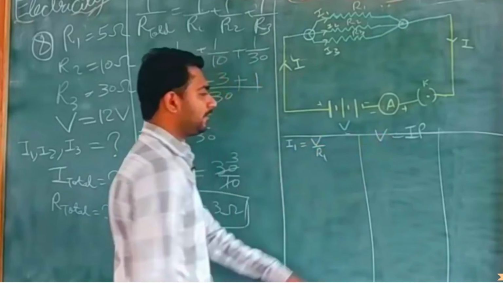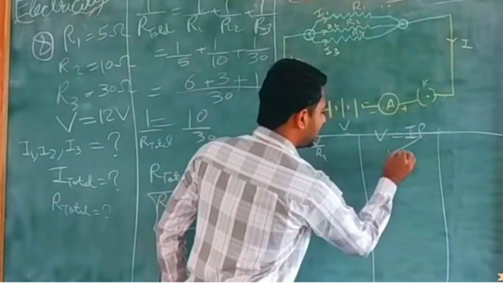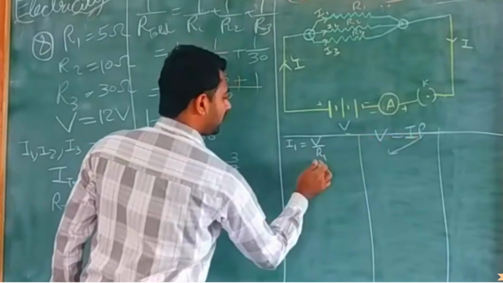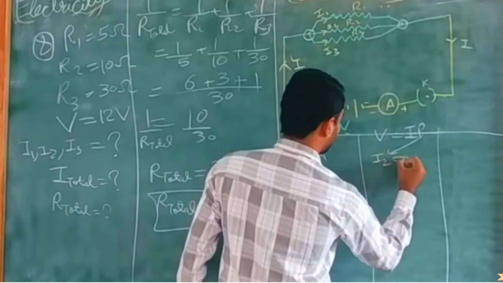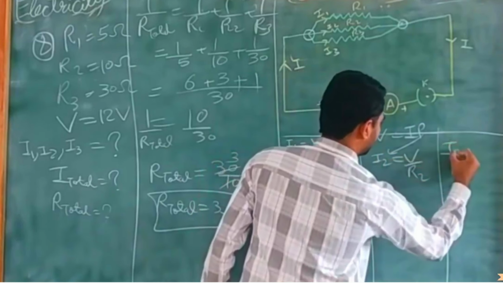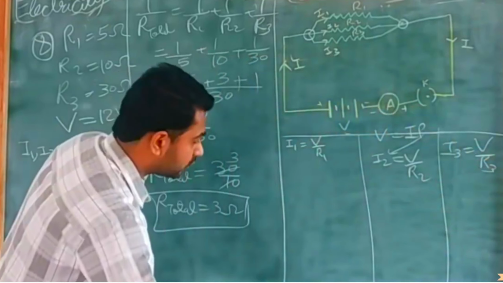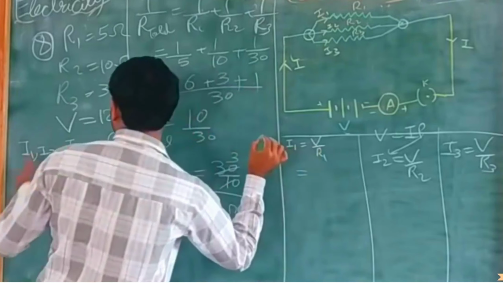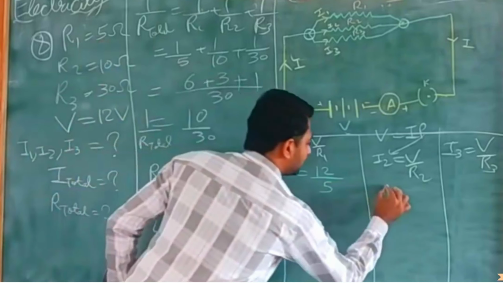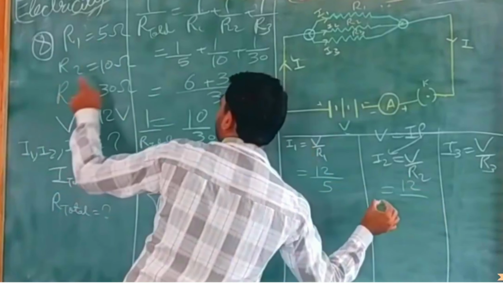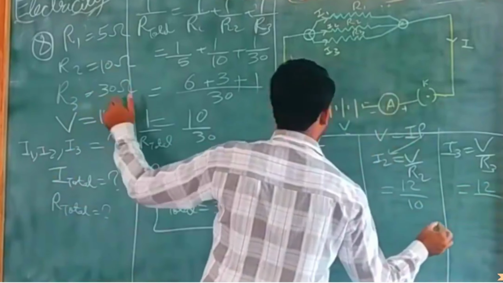अब मैंने कुछ नहीं किया, मेरे पास फॉर्मूला है V is equal to IR. उसको मैं I को सब्जेक्ट करूंगा यहाँ पे, R नीचे आ जाएगा डिवाइड में. ठीक है, तो V by R हो गया. V कांस्टेंट है, R1 और I1. सिमिलरली I2 is equal to V by R2 and I3 is equal to V by R3. Clear students? Now solving one by one. Value of V is 12, value of R1 that is 5 ohm. Similarly value of V is 12 and value of R2 is 10 ohm. Similarly over here value of V is 12 and value of R3 is 30.